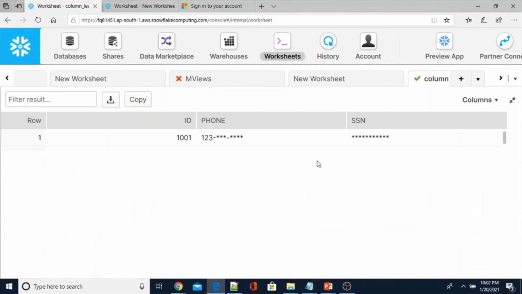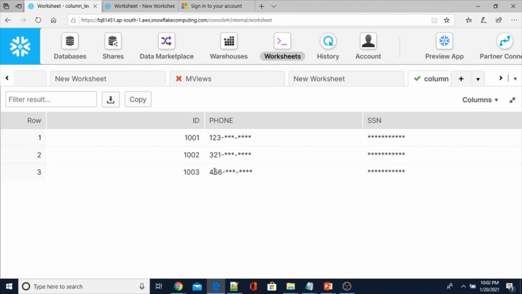See now here, analyst is the unauthorized role. So from the customer table we can see only the first three digits of the phone number, and the SSN is completely masked. This is how we did the masking at column level.